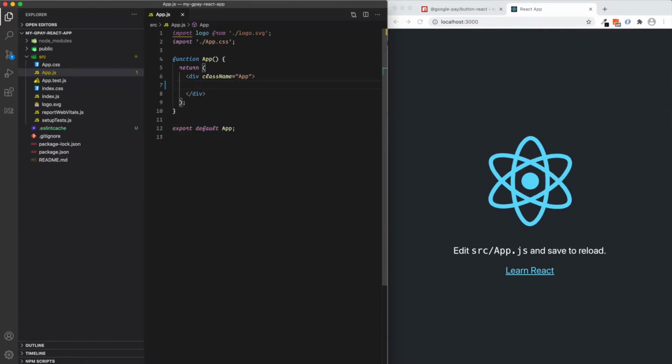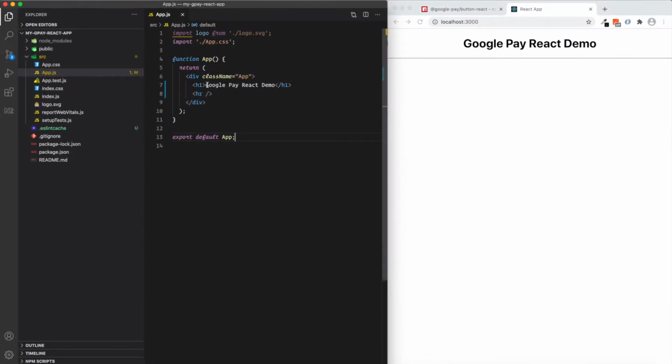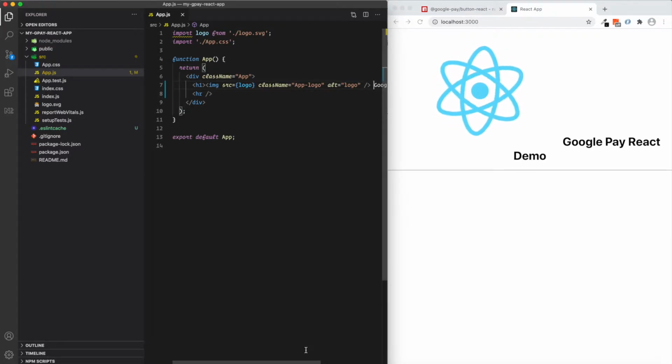In the second step we will add one h1 tag here, and I will say Google Pay React demo, and here I will put one border by using HR, and now we can add a React logo with this title.